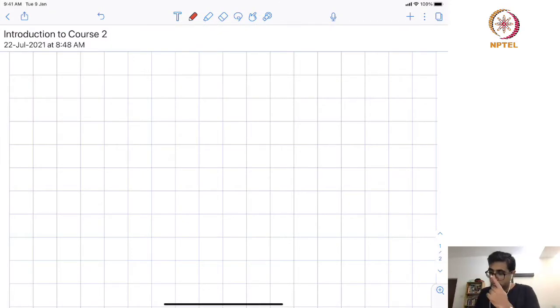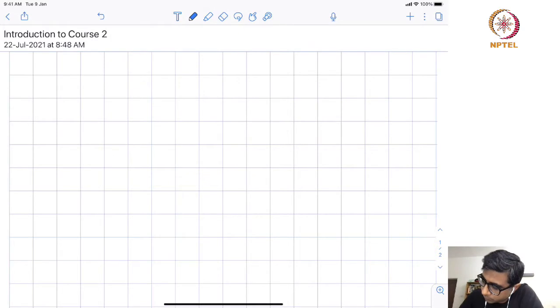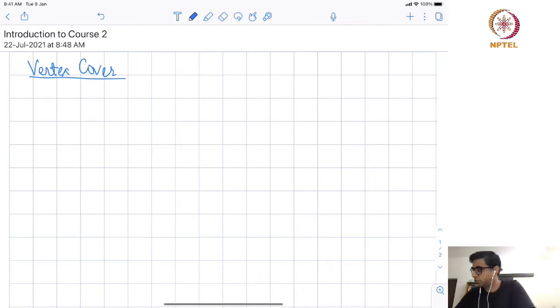Welcome back. So we will continue giving basic definitions of the course, and before we move on to the techniques of the course. So in the last lecture we saw the following problem of vertex cover. So what was the problem of the vertex cover? So problem of the vertex cover was